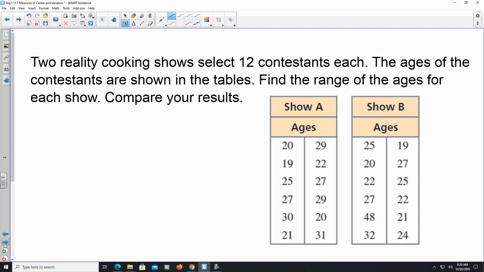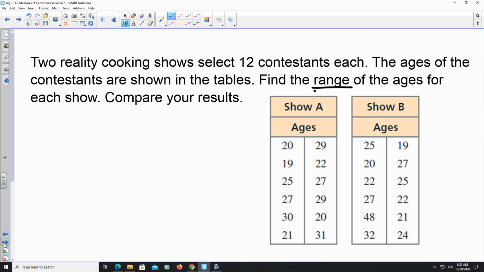Okay, here's another example. It says two reality cooking shows select 12 contestants each. The ages of the contestants are shown in the table. They're asking to find the range of the ages for each show and compare your results. So when you're looking at a range, that's a new definition, a new form of measurement that we're